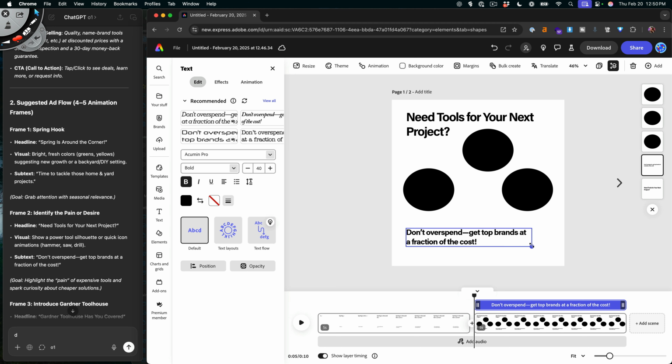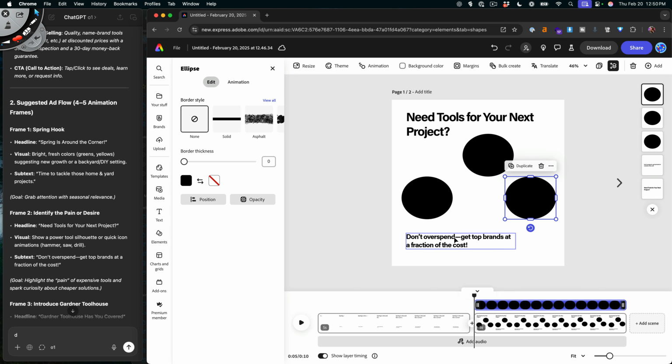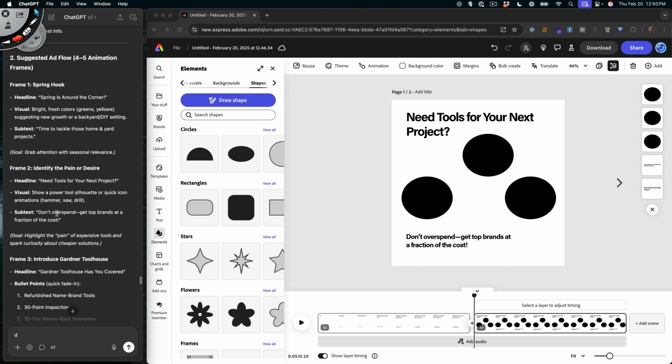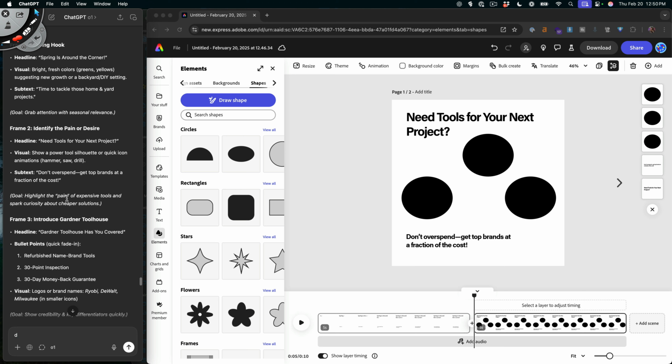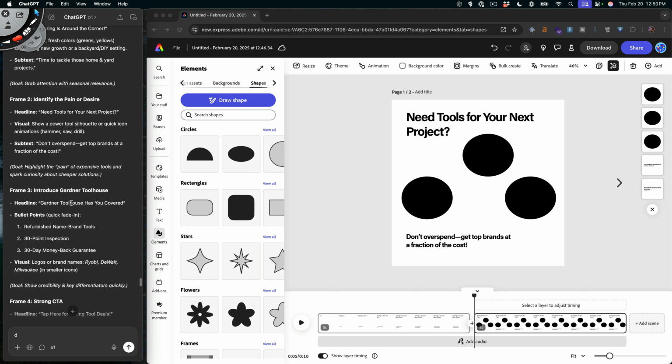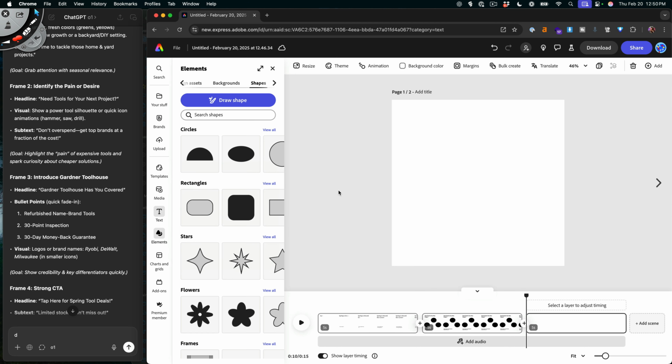They've got a nice following, but we can go and say, you want this, you want this, you want this, get tools ready for your next project. Don't overspend, get top brands at a fraction of the cost. Highlight the pain of expensive tools. Introduce the gardener. So then we have a new scene, and it says